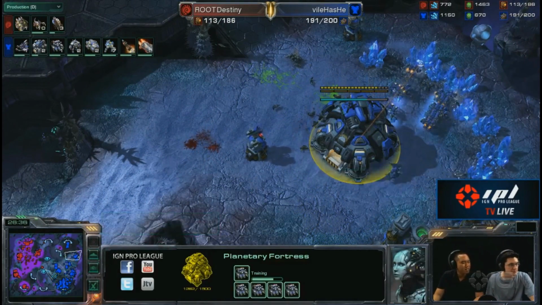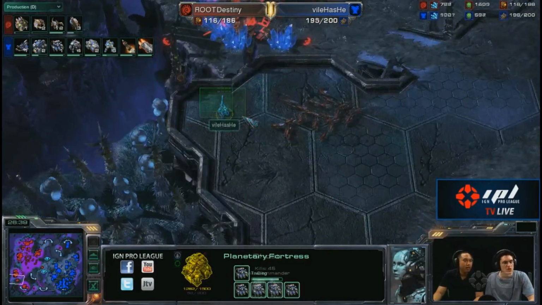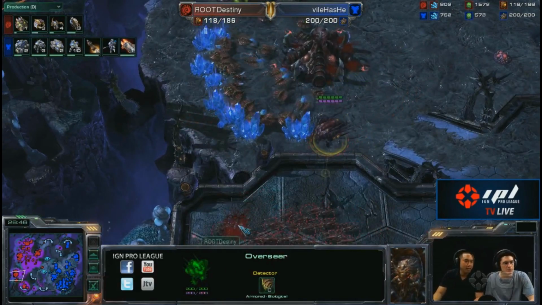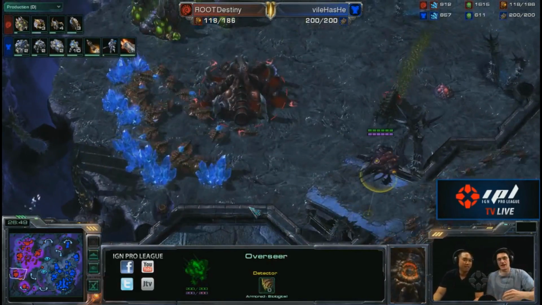Dude, Hash is playing such an intelligent game, man. Yeah, he's playing awesome. Another nuke is coming down here. Destiny has to bring the Overseer in. He will bring the Overseer in time. Does it? No. Yeah. Oh, Ghost had like one hit. One hit. Get out of that. Zergling was just like,